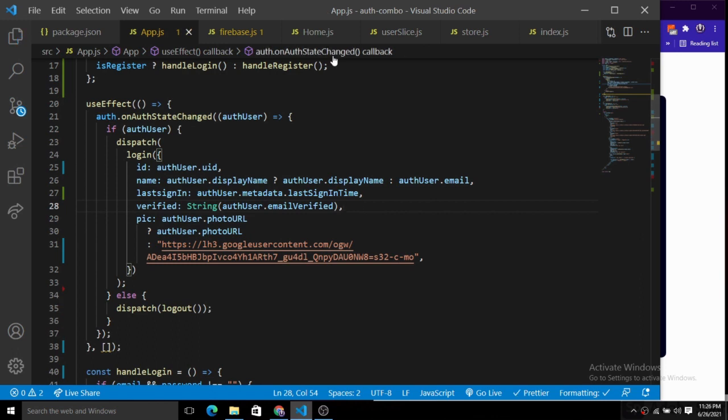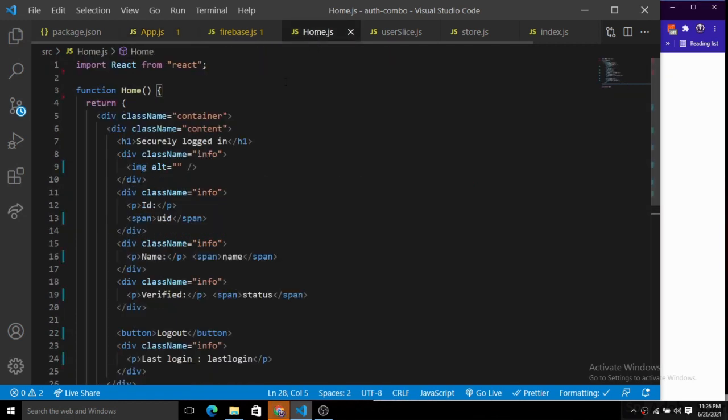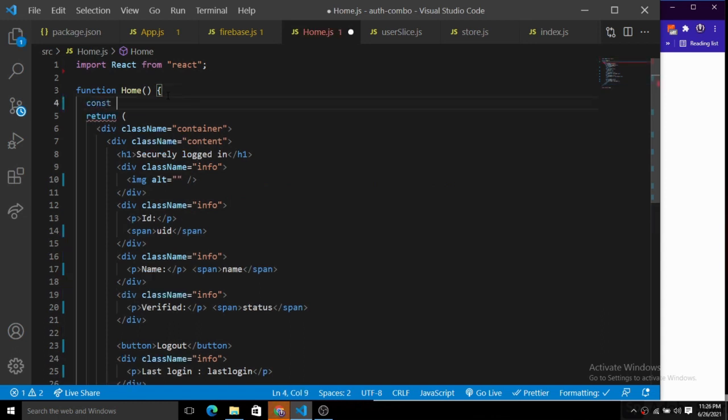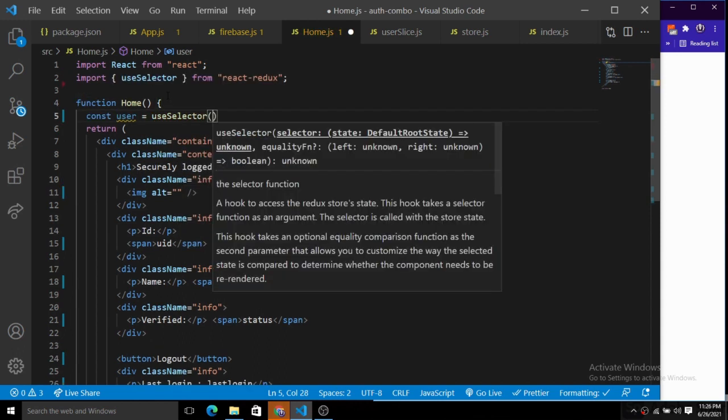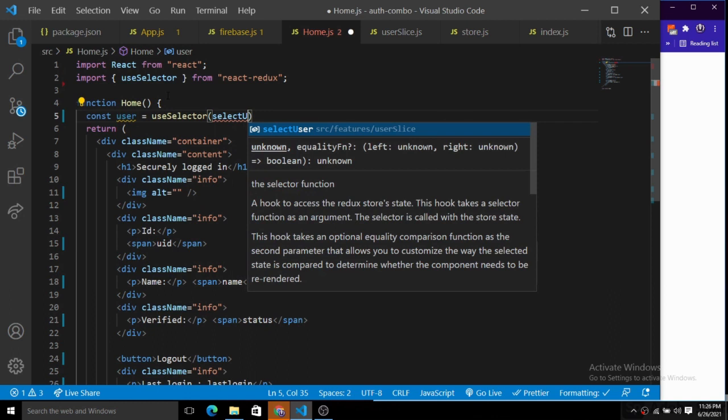So let's save this and go back to this home.js, and here we create a user state. It's the same thing that we have done inside this app.js. Inside of this user selector, we have a select user.